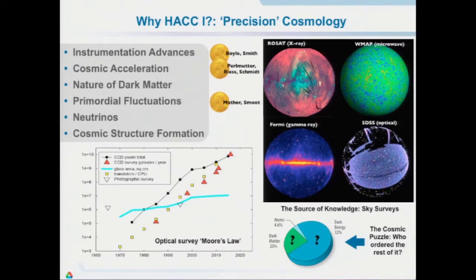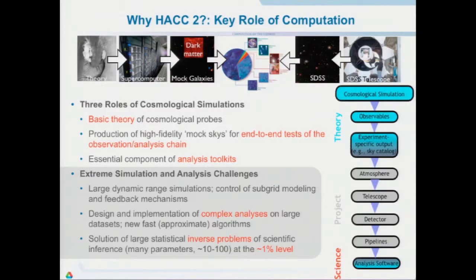So the reason why you need a very large computational effort for doing cosmology is that the entire theory of cosmological probes is in fact the code itself, because the problem is highly nonlinear, and it's not something you can do with a pencil and paper. You can write the equations down, just a few lines, but solving them is very difficult. And so essentially there are two reasons why you need computing. One is to make predictions for what you'll see on the sky, and the other is to create synthetic sky catalogs that you can then train the observational systems on and make sure that the data pipelines in the observational systems are working like they should.